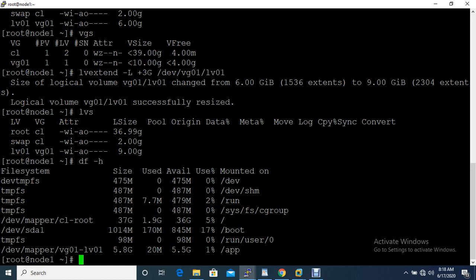So you have to refresh your file system. If your file system is ext4, then you can use resize2fs.